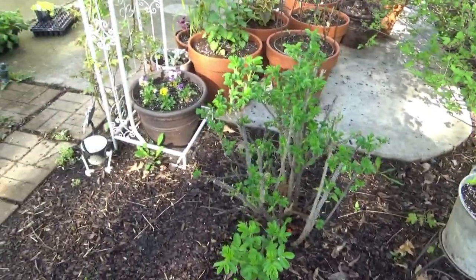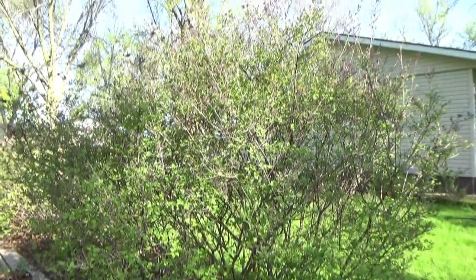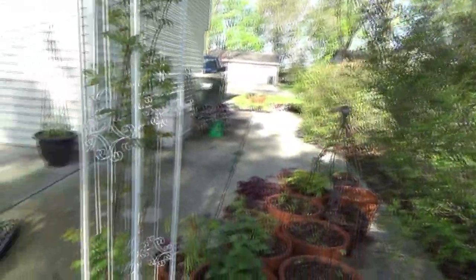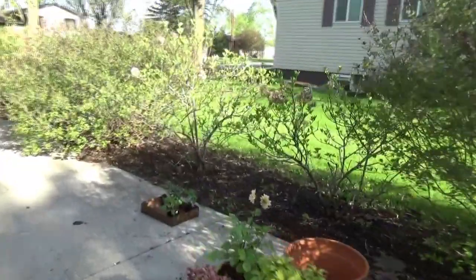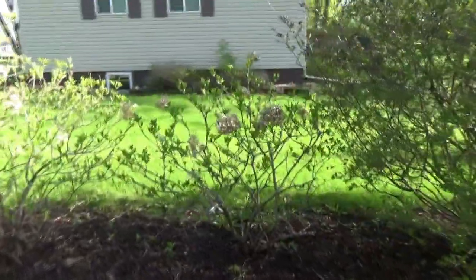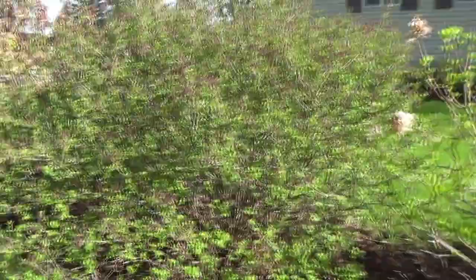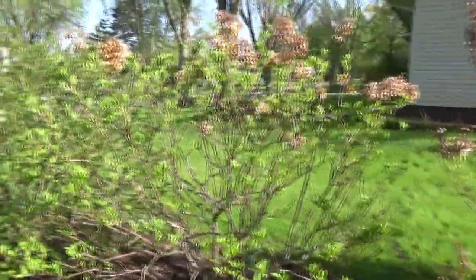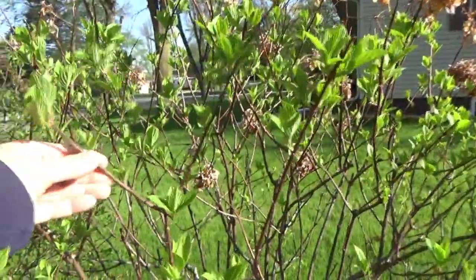Rose is looking really good here. And then I can't wait for the lilacs. I would say about 2 weeks. Is there anything over here I want to... I still have to trim up my hydrangeas. I'm really behind on that. I was going to do it last week and life happened. They'll be perfectly fine. I think this year I might just go easy on them. I know you can take off a good amount, but...